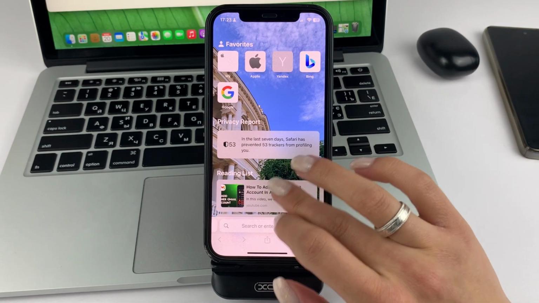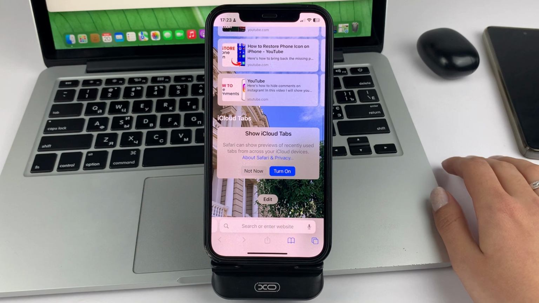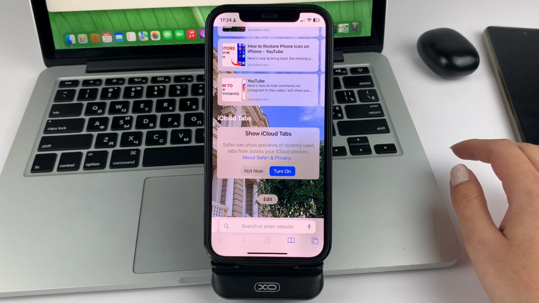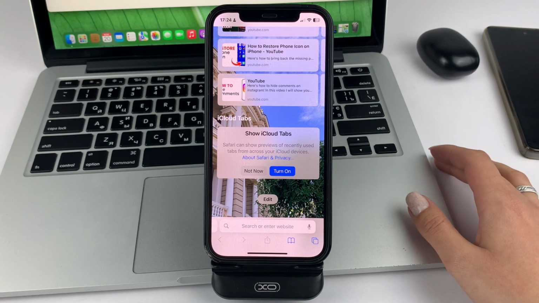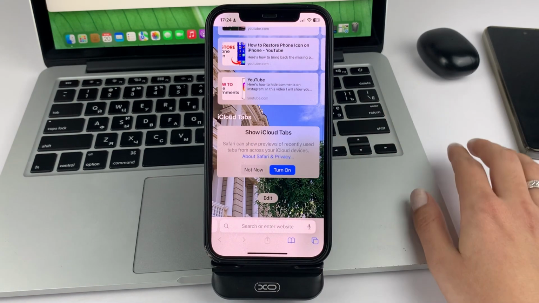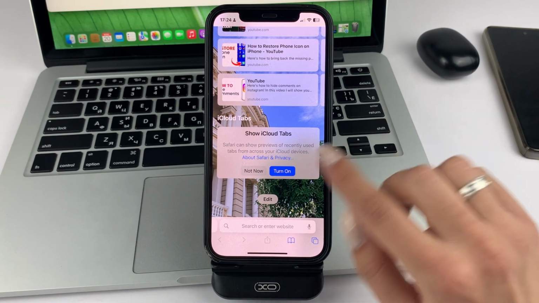And here you will be able to see different sites, video suggestions, and so on, something that you either visit frequently or it will be recommended for you. In order for you to remove these frequent visitors, you have to scroll down to the bottom of this page, click Edit.